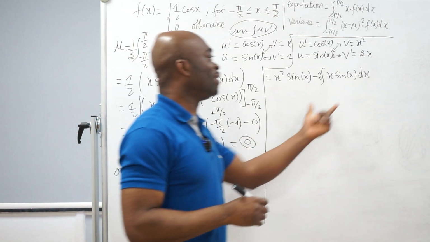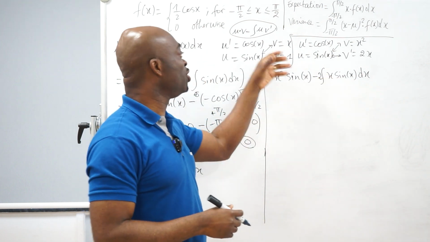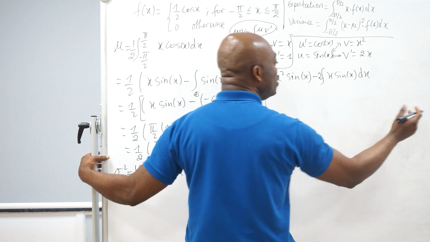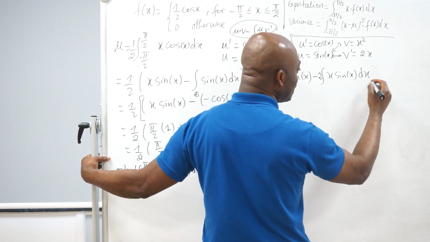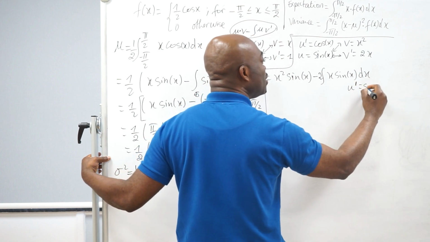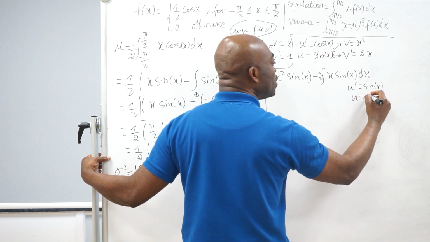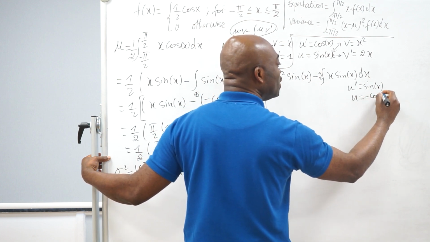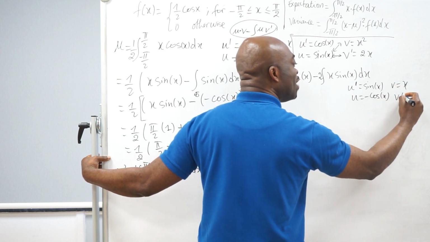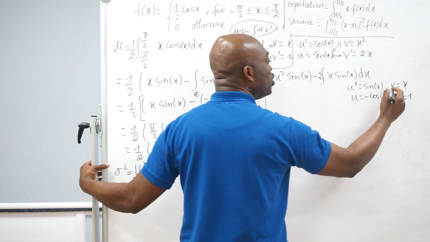Now again, we have something here that we're still going to use. The third time, we're going to use integration by parts. So let's see how we do that. I'm going to put it up here, so we don't go out of sight. Here is u prime, again, which is going to be our sine of x. Our u is going to be now negative cosine of x. Then our v is equal to x. Our v prime, ladies and gentlemen, is 1. So again, we're going to do